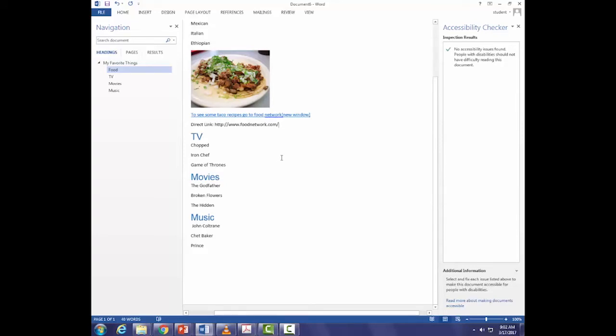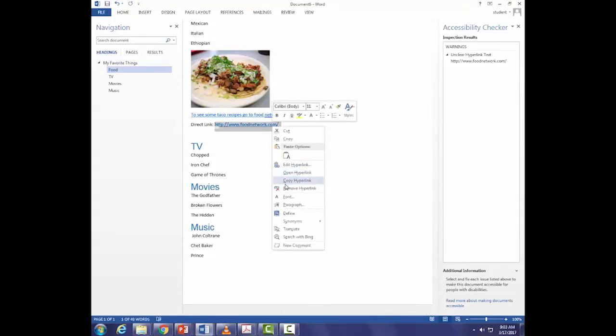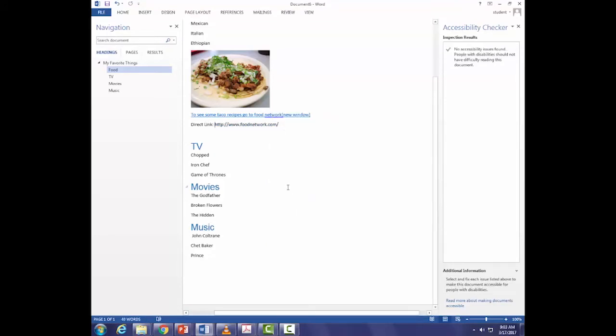Now, watch what happens if I just hit the enter key. It says, warning, unclear hyperlink text. Of course it's unclear because that's a clickable link. I've not answered those 3 questions. So I'm only going to do the reverse of what I just did. I'm going to highlight this link. I'll right-click on it, and I'll remove the hyperlink. And then I'm good to go. But that top one gives you more context. It lets the student know where they're going, what they're going to see, and what happens.